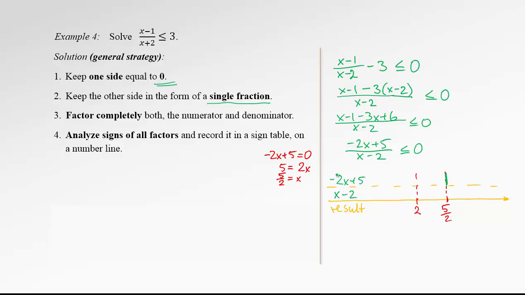If x is 0, the result of this expression is 5. This expression is really positive. Therefore, below our critical number, the expression assumes positive signs, all the way until the critical number 5/2, when the expression becomes 0, and then if the x's are higher than 5/2, the expression is negative all the way